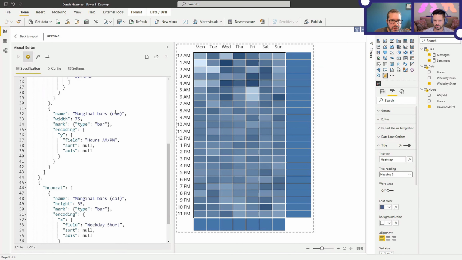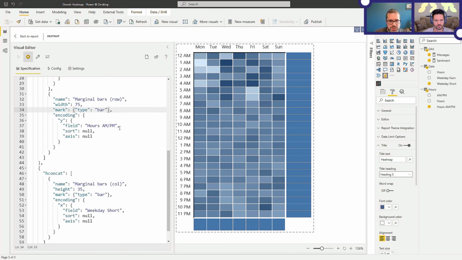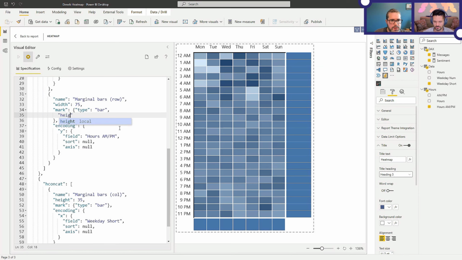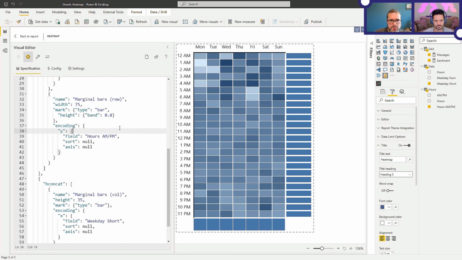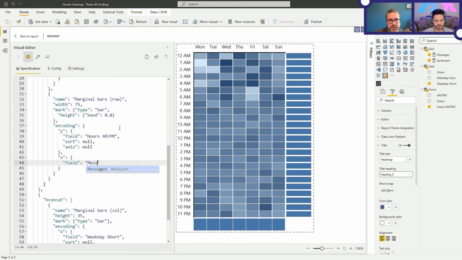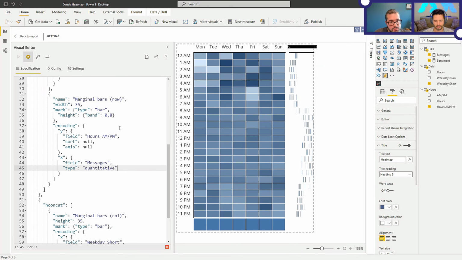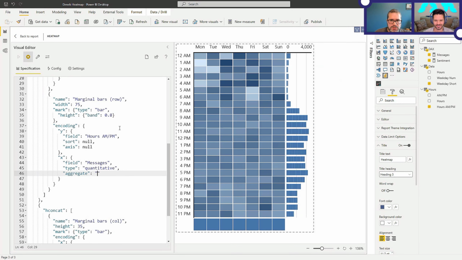So we'll go back to the marginal bars. And what we'll do firstly is two things. We're going to change the height of the bars within the space allocated to make that little cosmetic tweak, and we're going to bind our measure to the width of the bar. So let's pop that in. We're adding our height, specifying use 80% of the allocated space, or bandwidth as we call it. And then down in the encoding section, we're binding our messages field to the x